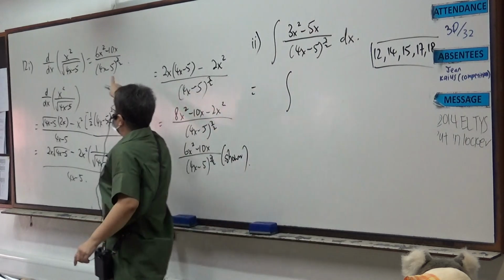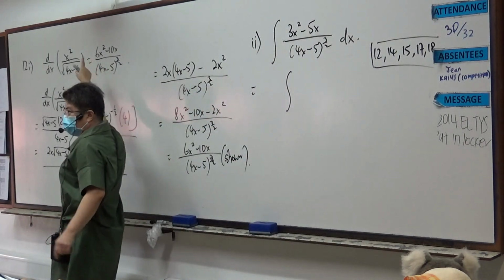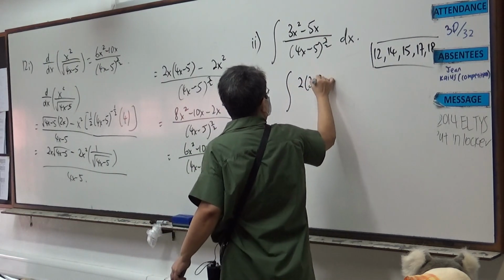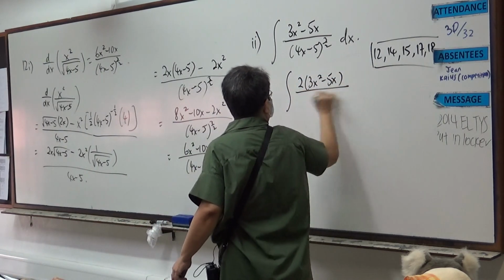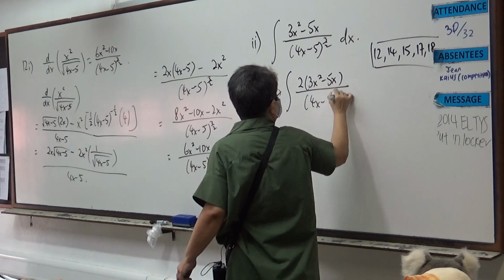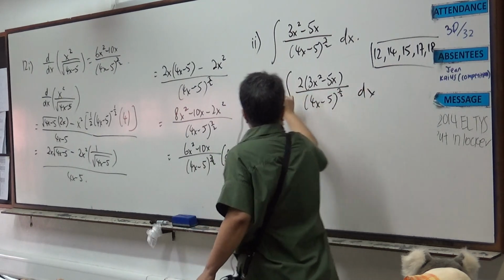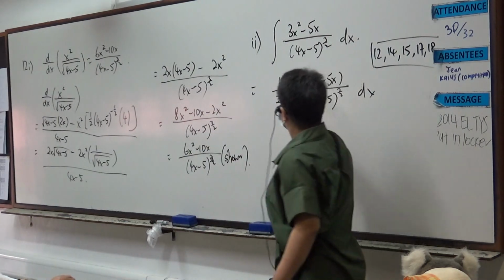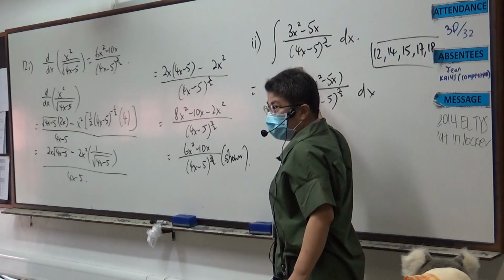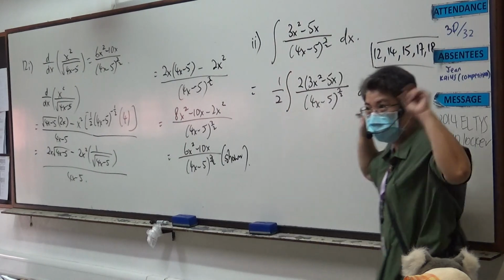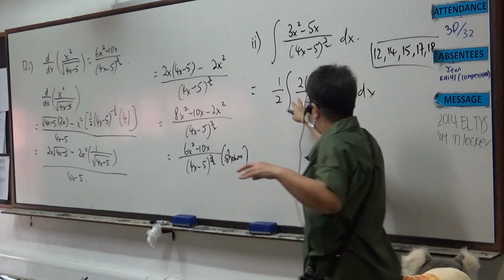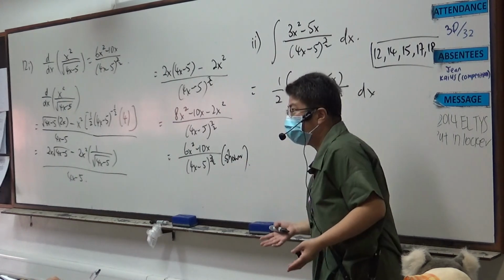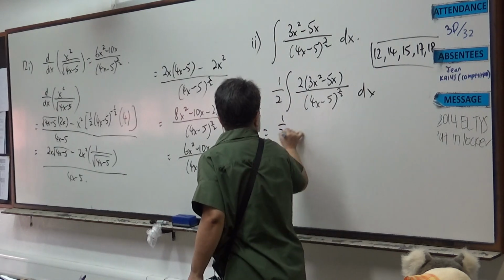Now all of you look. How do I get back to this guy? I must times 2, right? So, when I times 2, I must times half, right, outside, so that it will become the original, remember? It must become the original. And see, I'm not doing anything stupid. I'm actually multiplying by 1. Half times 2 is actually 1, right? So, this one will become half times the integral